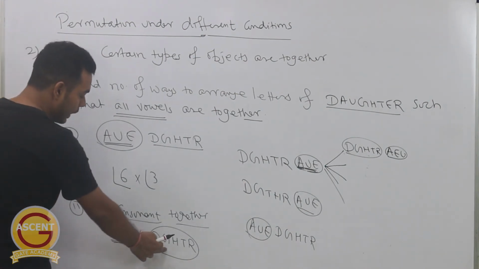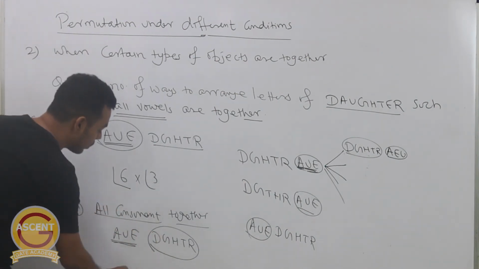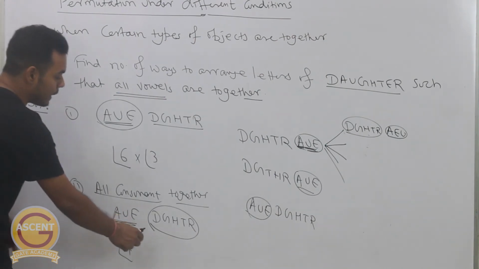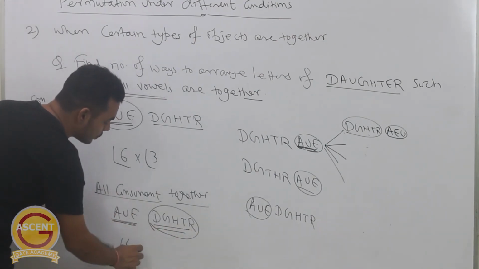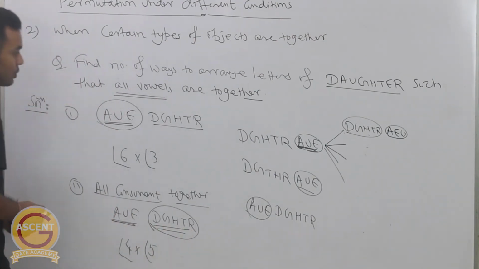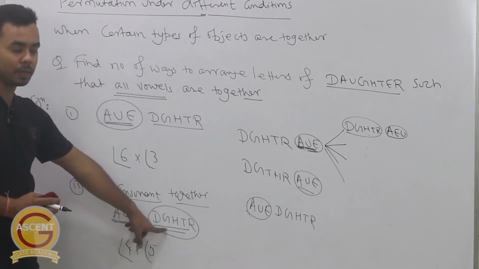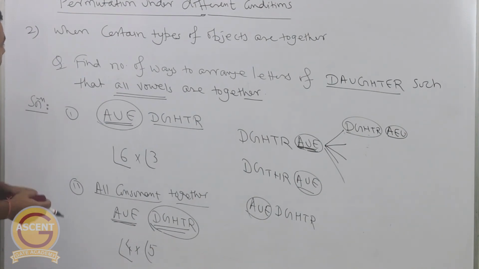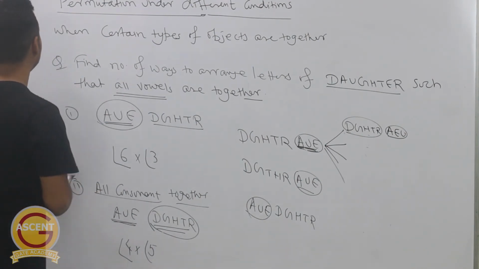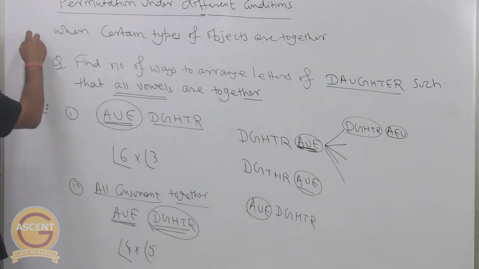So you have 1 unit of these 5 consonants and then 3 units of these 3 vowels. So the number of ways to arrange these 4 units will be factorial 4, and in each one of these arrangements you can also arrange these 5 consonants in factorial 5 ways. So this will be the number of ways to arrange these 8 letters such that all the consonants are together. So this was again a very basic example. Now our next type is the third one,